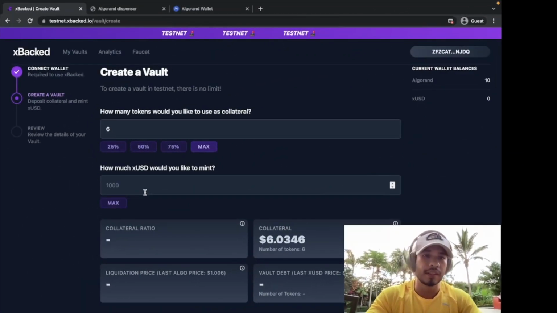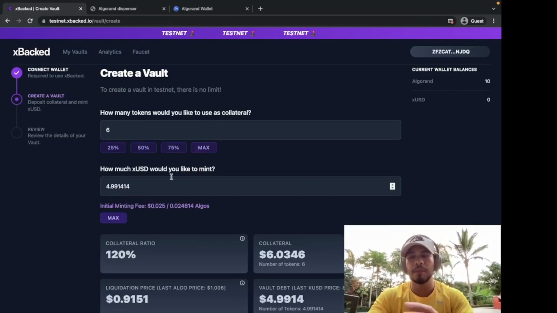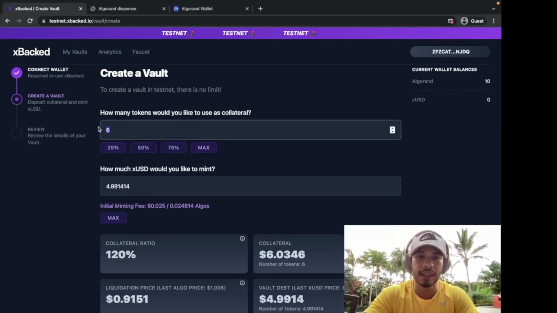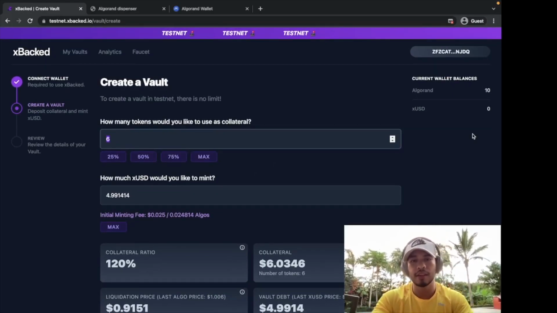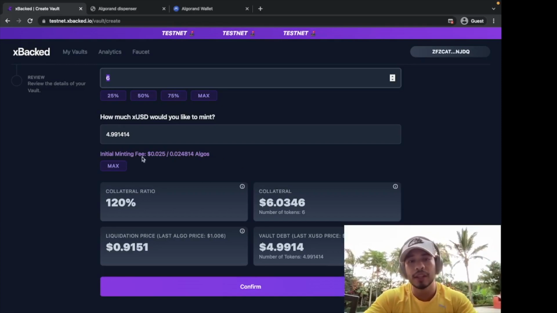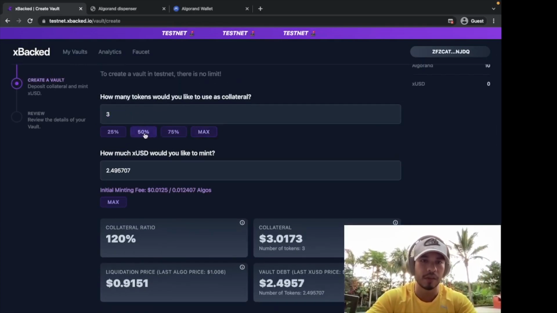Alright, so let's create a vault. And in this example, we have 6, even though our current balance is 10. This is because there's a minimum balance we need so that we can do algo transactions and just be able to interact with the Algorand network. So when we click on max, we're able to have 6, and if we click 50%, it is 50%